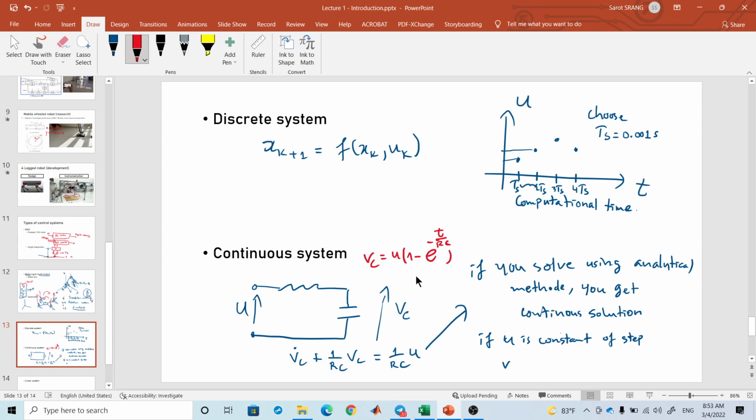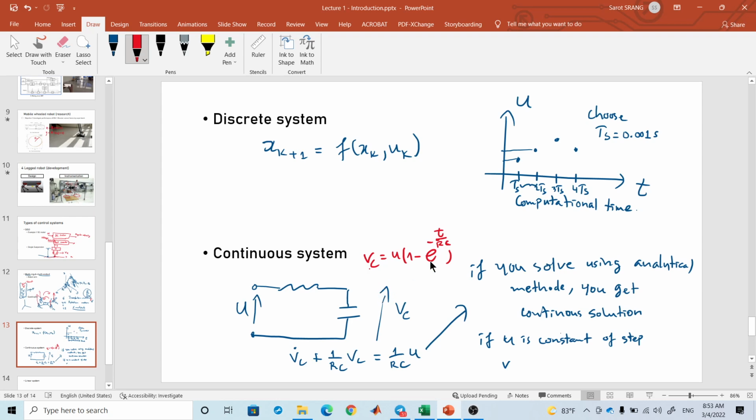I write here VC equal to u(1 minus e to the minus t over RC). So this is continuous, which means you can compute VC at any instant of time you like. For t equal to this, t equal to that, you can compute VC at that instant of time